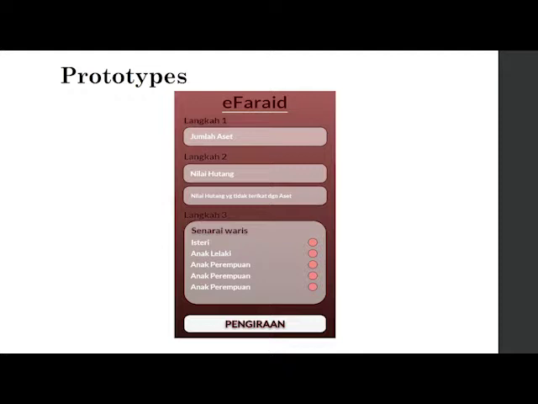Then the user also must input the amount of debt that is not tied with the asset, which is not connected between the assets. And the last step is the user will choose the heirs, which is their wife, husband, son, daughter, and so on. After that, when they are basically confirmed about it,